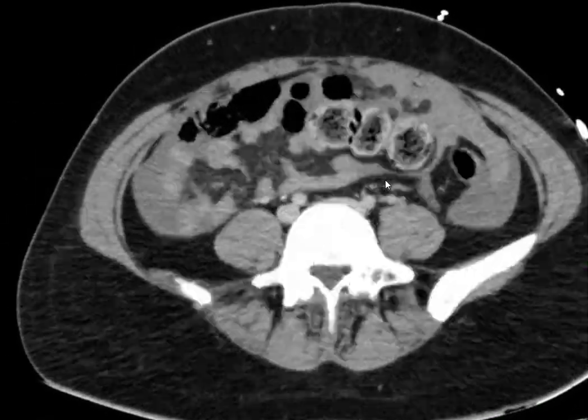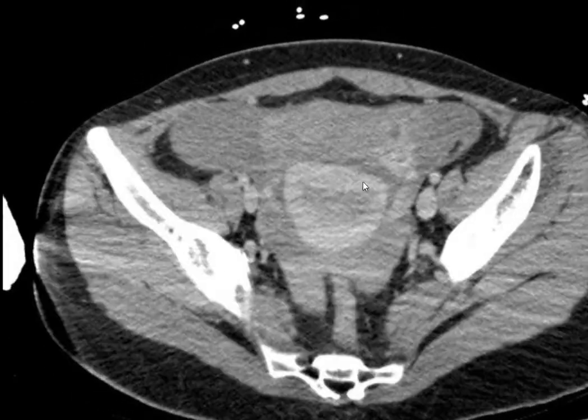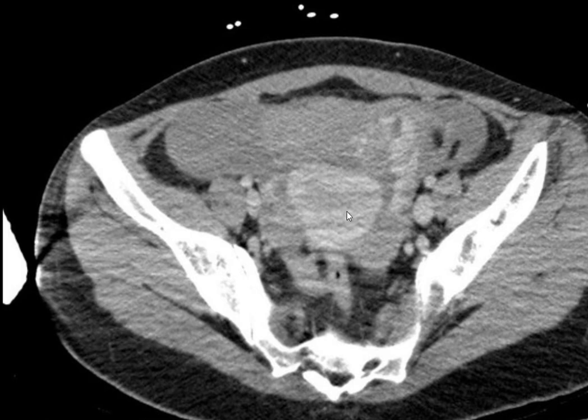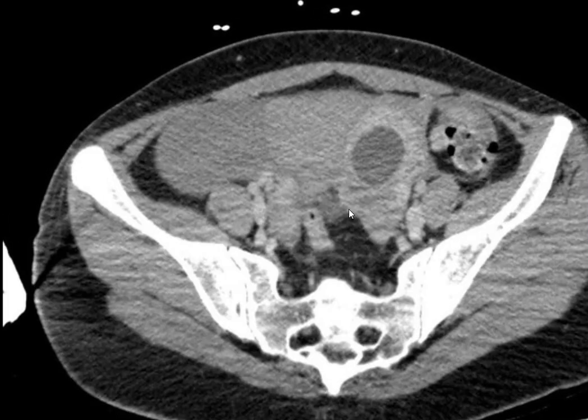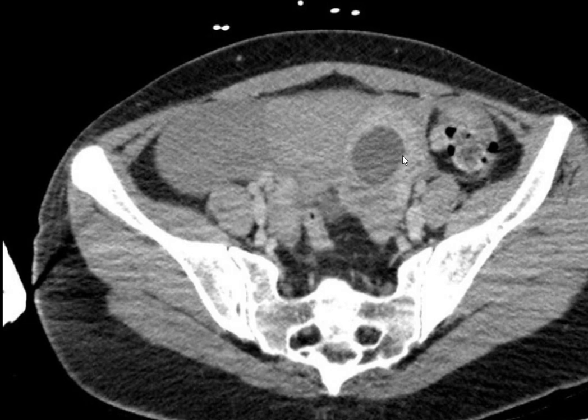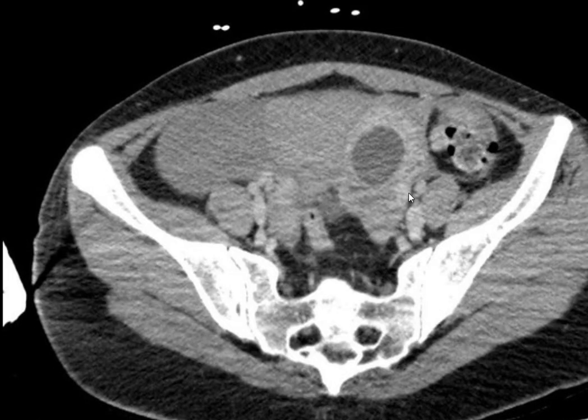uterus. We know that CT is not a good modality to see the uterus, because here in the uterus I can see endometrial fluid. It may be the normal physiological menstrual changes going on in a female, so it's not the ideal modality. But as I'm scrolling in the left adnexa, I can see a well circumscribed fluid density lesion in the left adnexa, suggesting it to be a cyst, and around it I am seeing a hyperdense area.